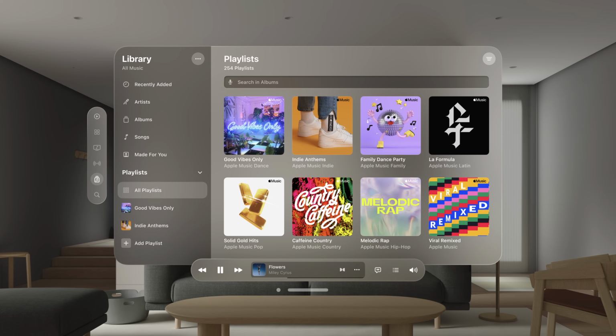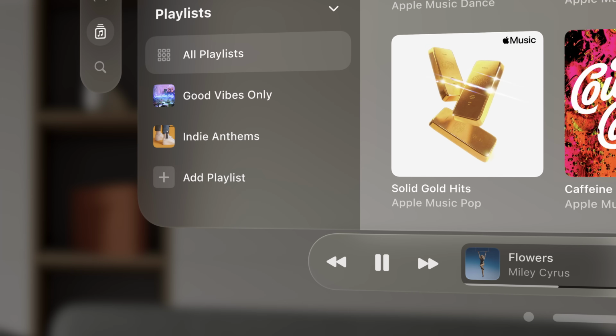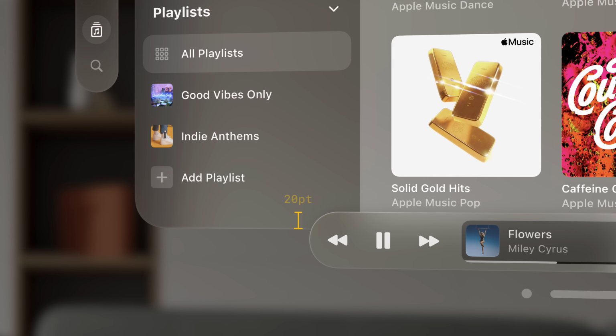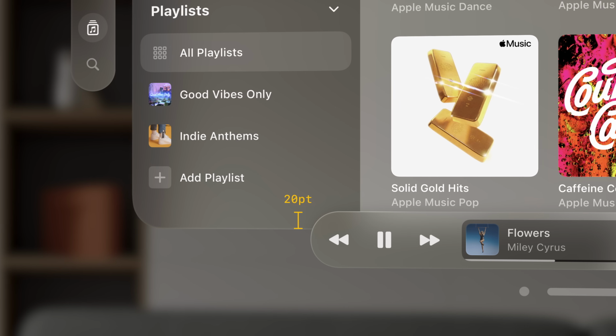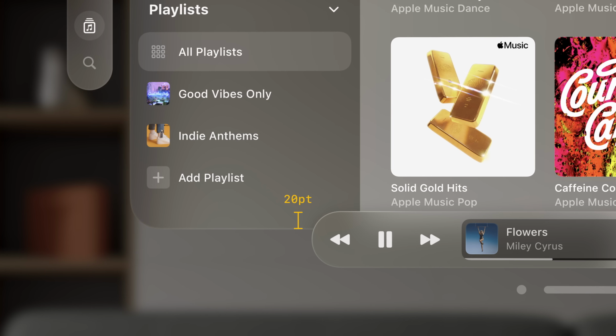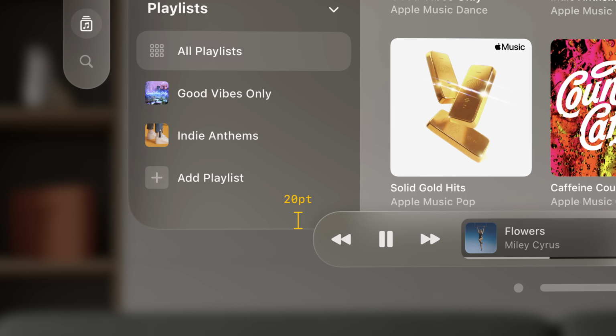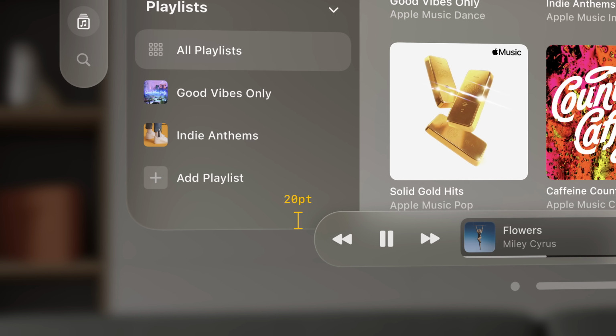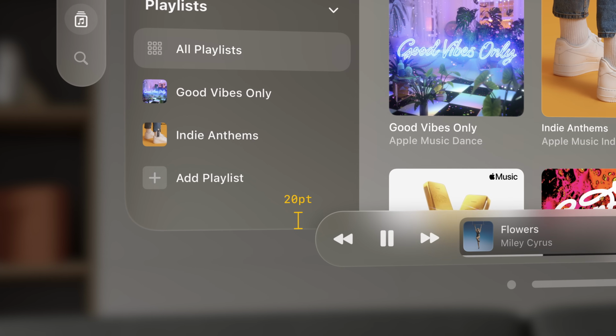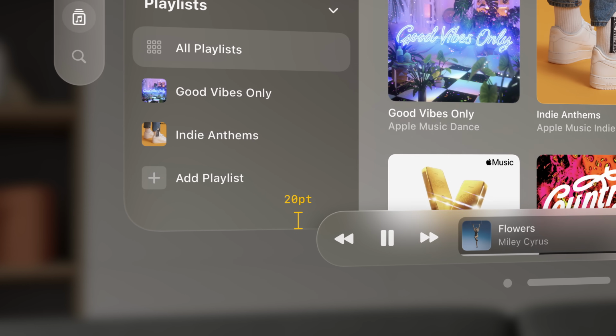Here's another great use of an ornament in the Music app. The Now Playing controls are presented as an ornament that persists no matter where you are in the app. This allows people to search for their next song while being able to control their music. When ornaments sit at the bottom edge of the window, place them so they overlap the bottom edge by 20 points. This helps ornaments to feel like they're integrated with the main window without blocking too much content. And they look really nice, pulling colors from the content through the glass as you scroll.